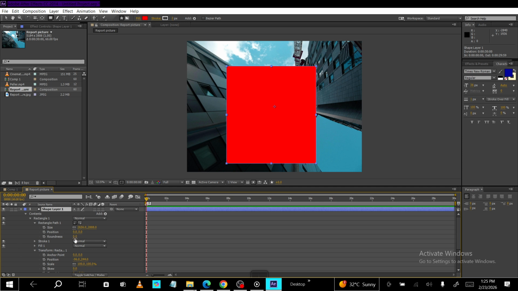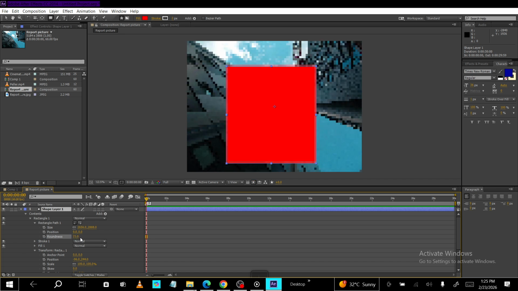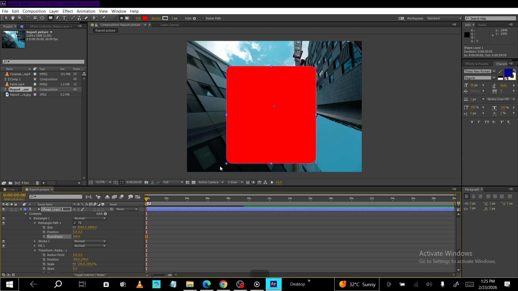If you don't see roundness, it usually means a mask or a Bezier path was created. Simply redraw with no layer selected to get the correct control. That's it. You've selected the rectangle tool, ensured nothing was selected, drew the shape in the composition, opened rectangle path 1, and fine-tuned roundness for smooth corners. Try a few values to see what